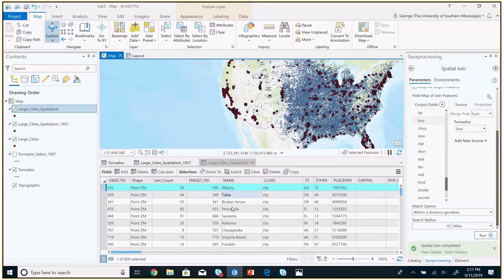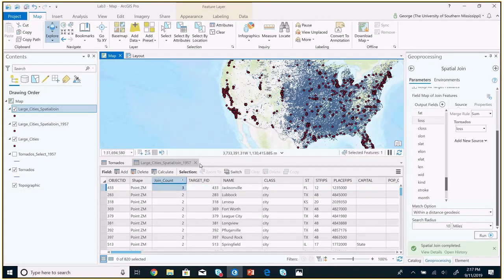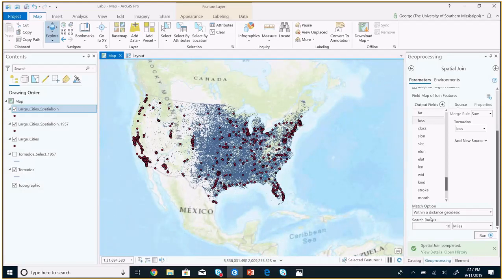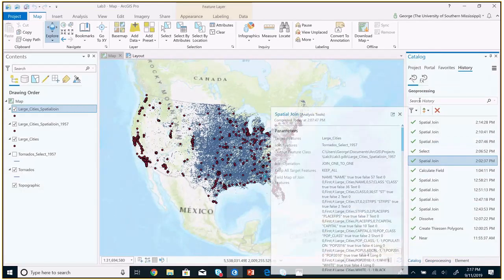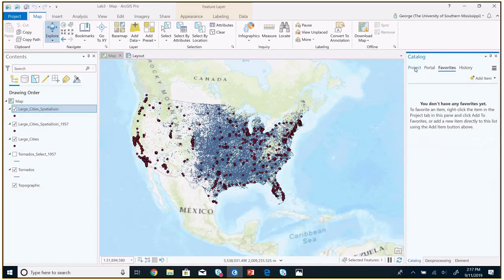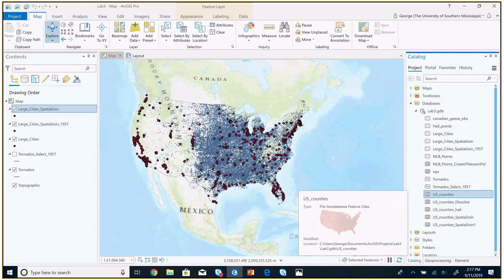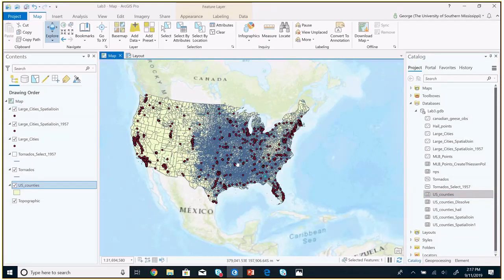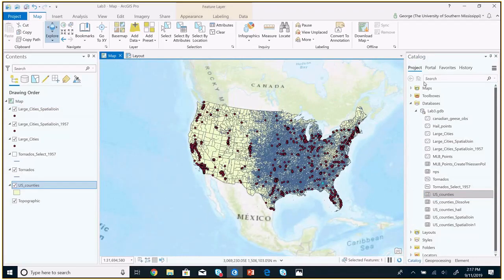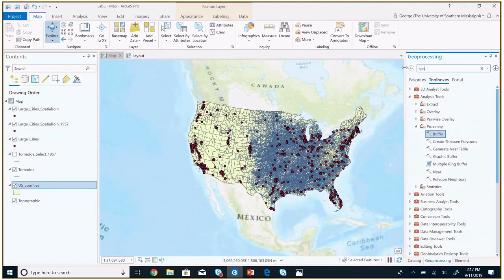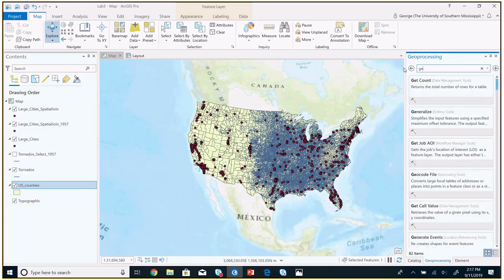I'm going to close all these, make this a little bit bigger, and I'm going to add the counties back on here real quick because I'm going to use the U.S. counties. So I got all the counties right there, and then I'm going to go back to geoprocessing and go to the tool called Generate